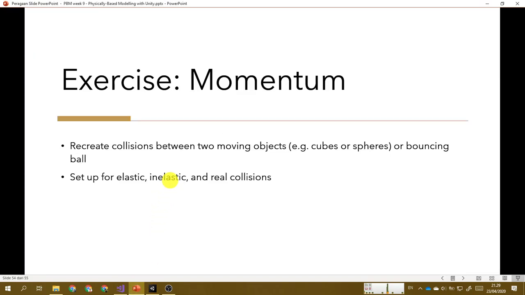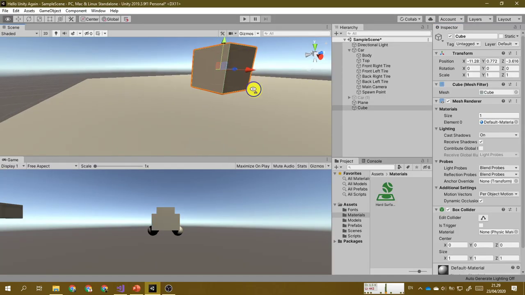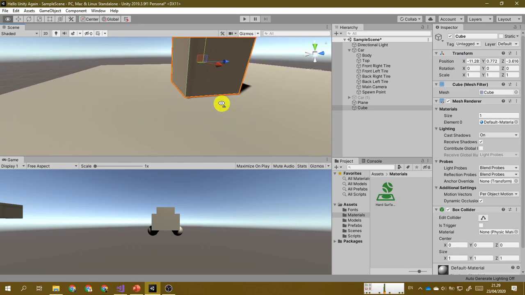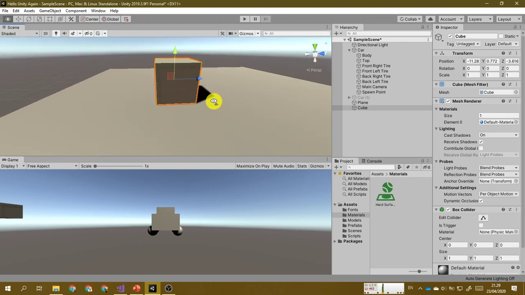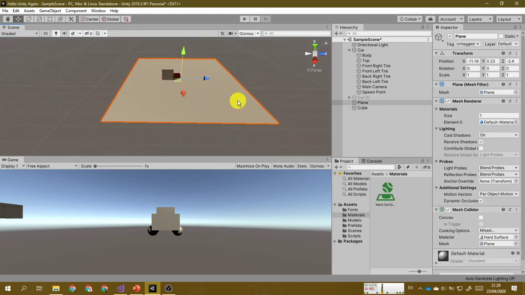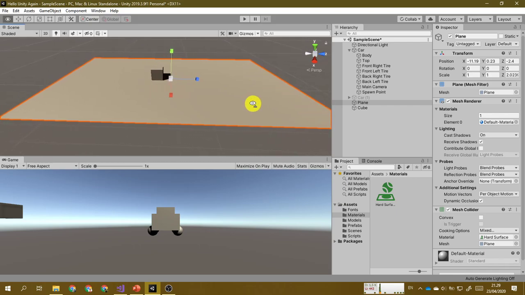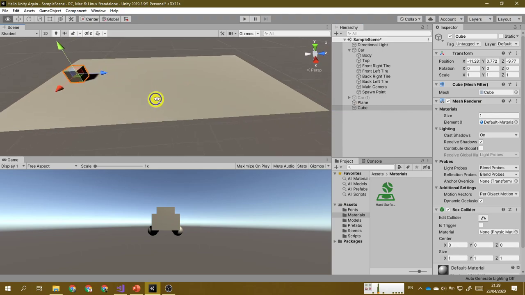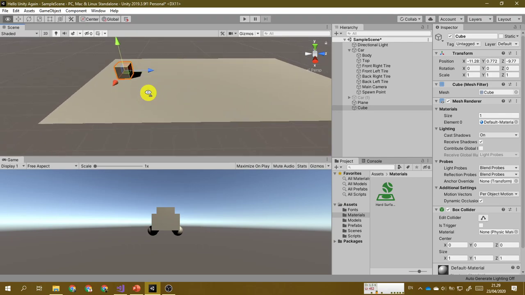Now, how to test this friction? We must create a movement for this cube or this box. I think I will scale my plane first, so it will be longer, something like this. And I will leave my cube here, and then